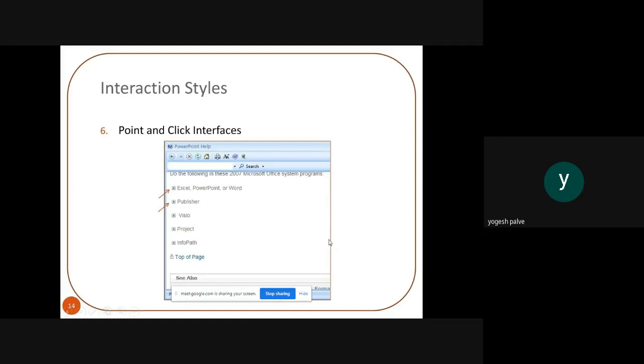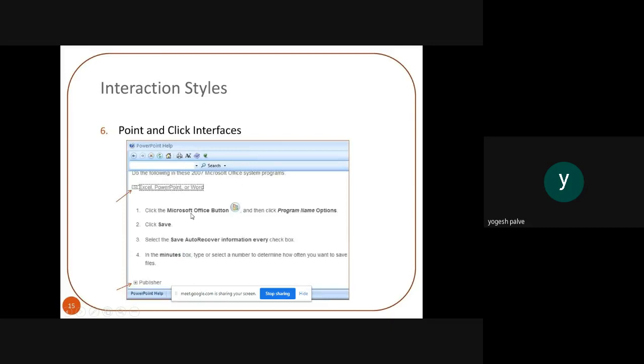Here, as you will see in this diagram, this is the point and click type of interface. As you will see here, some checkbox will be there and some information is over there. According to the need of the user, he can just click over there, and according to their requirement, he can use the specific task. Then we will see another example over here. Whenever you need to give some information to your user, whenever the user clicks over here, instantly the information will come according to their need.